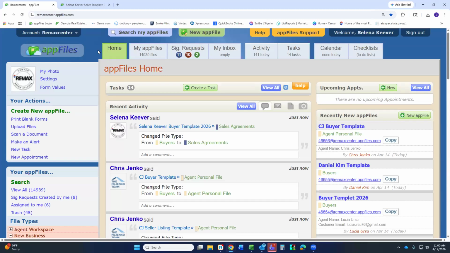so that you can show us how to do those same things, but better in app files. So maybe that's the first step in a basic class: okay, let me show you how I draft an offer. Let me show you my templates. And then we don't have to learn all this extra stuff yet. We can just learn exactly what it is that Chris and Jim and everybody who's coming over from Remax Metro